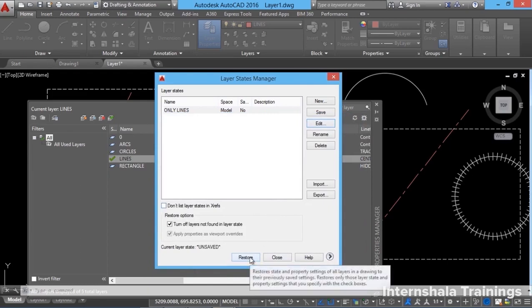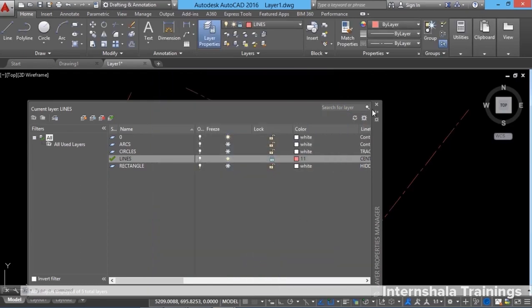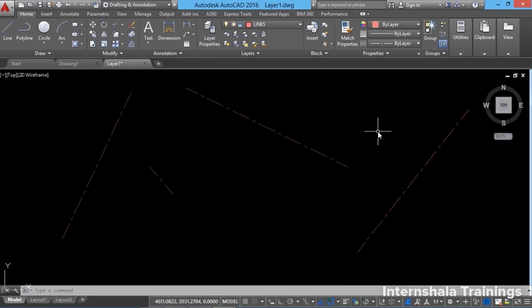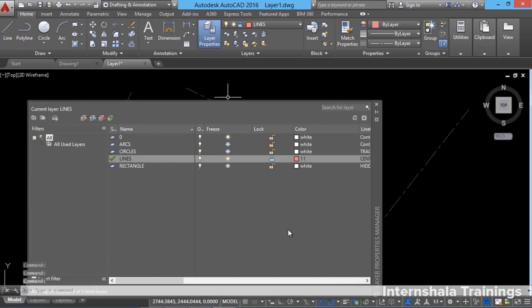So click on Restore button. When you restore it, only the lines layer is displayed and it is in the locked state, and the rest of the layers are in the frozen state. You can also define a state in which all the layers are in the on state, or all the layers